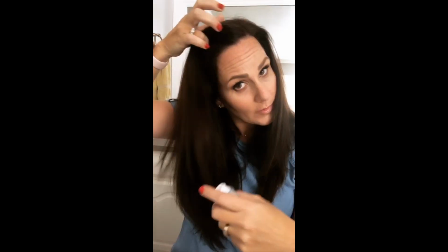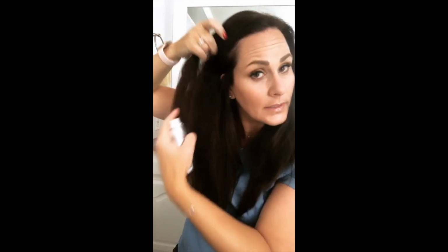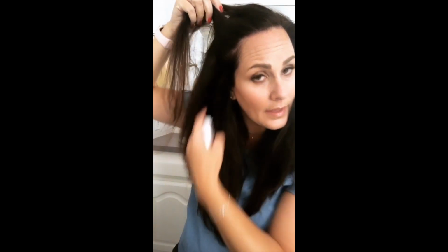And then I do the same thing over here. My hair is really heavy on this side because my part goes this way, and so I'll put a couple spots up in here with this like that, and then I'll just rub it in, okay? So then